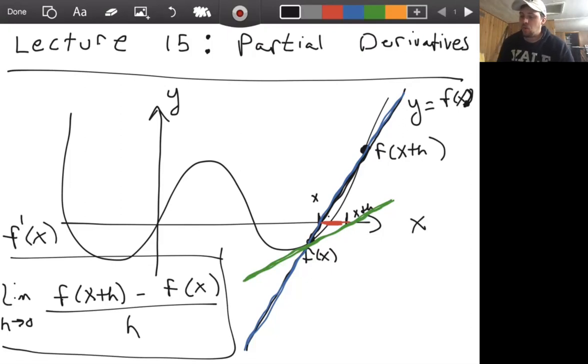So why am I bringing up the single variable definition of the derivative when we're about to learn about partial derivatives? Because this notion here, this construction for finding this definition of the derivative is very much used in finding partial derivatives. So now we have some surface,